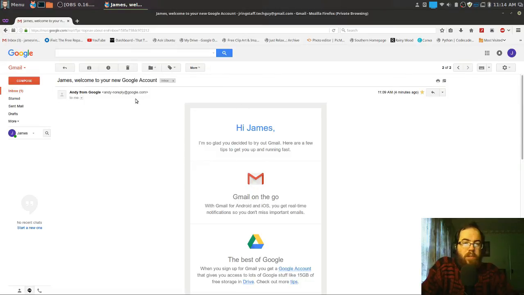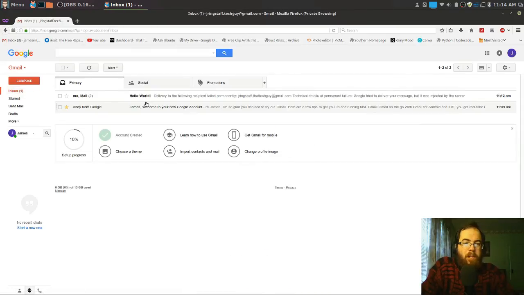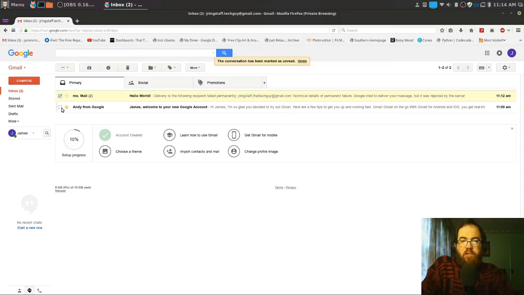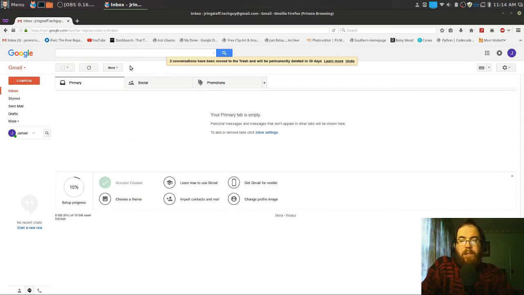So once we read through that, if we go back to our inbox, we notice it's no longer in bold because we've already read the message. If you want to mark it as unread, bring back that bold font, you can right click it, click mark as unread, and it goes back to bold and will highlight again to make it stand out from the rest of your emails. To delete an email, you have these little check boxes here. So we can check those and then click on the trash can up here, and that will delete any messages